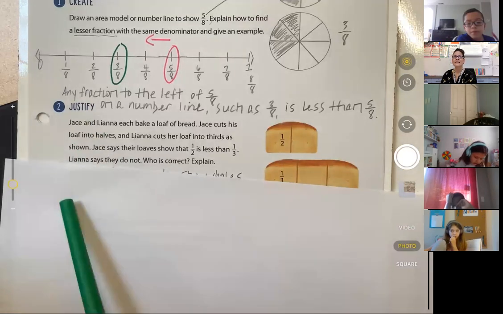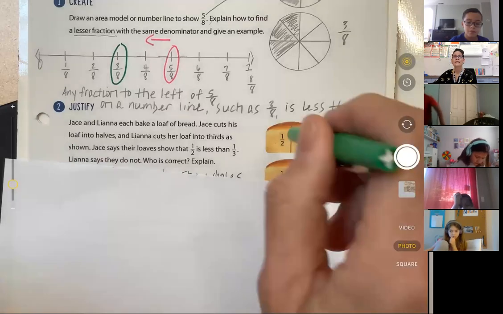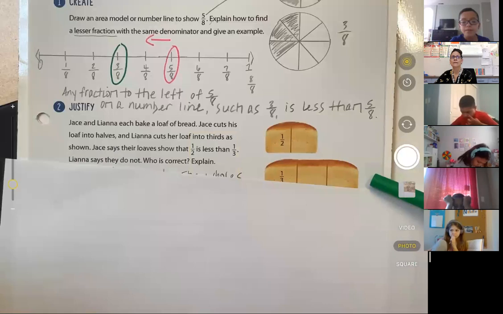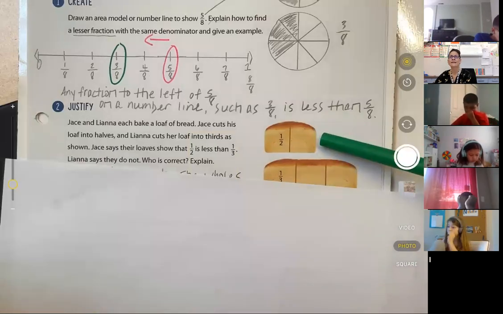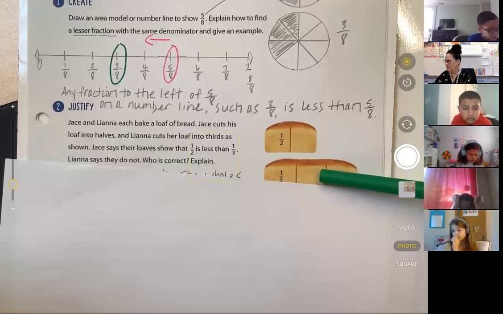So again, Jace and Leanna bake bread. Jace cuts his loaf into 2 pieces. Leanna cuts her loaf into 3. Jace says that their loaves show that 1/2 is less than a third. Leanna says no. Who's right? So friends,